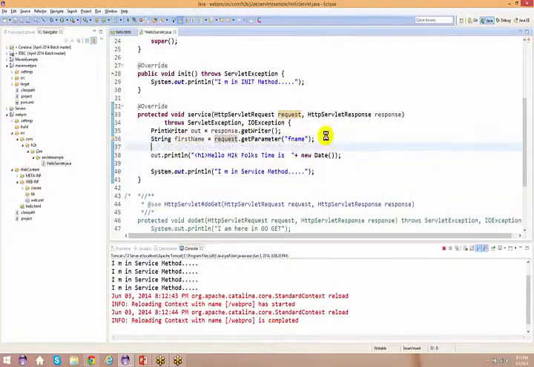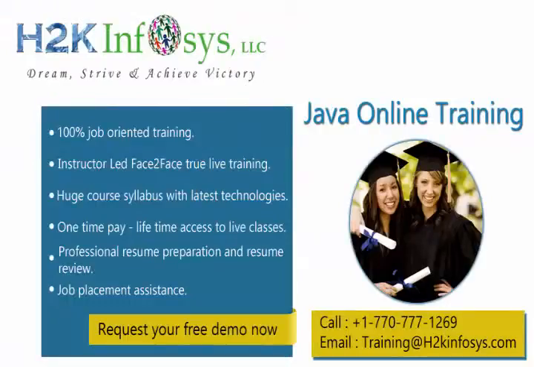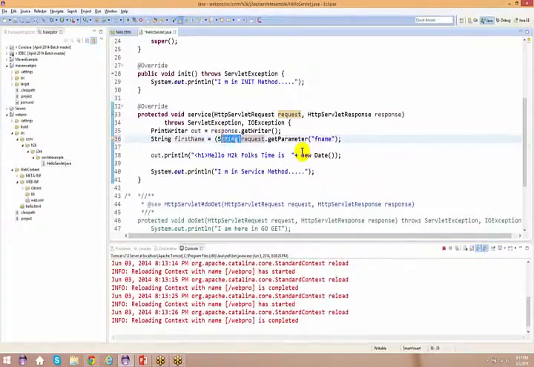In your previous versions of your servlet, initially we used to typecast this particular request in the form of an object. Because initially the getParameter used to give the result in the form of an object, so we used to typecast this to a string. So if you see any old applications doing it in this way, it's always okay.